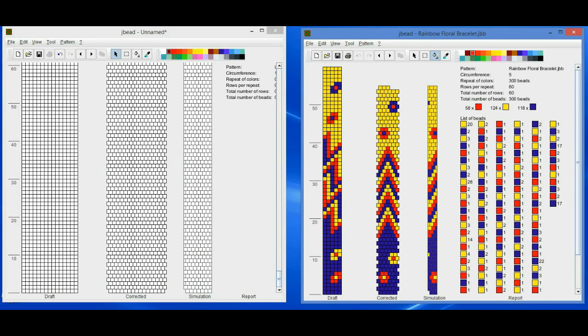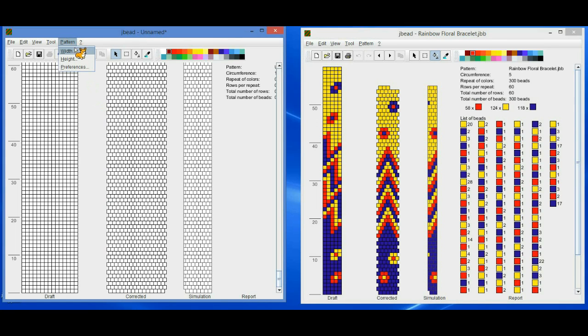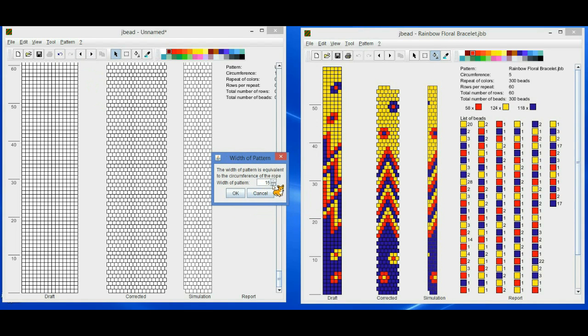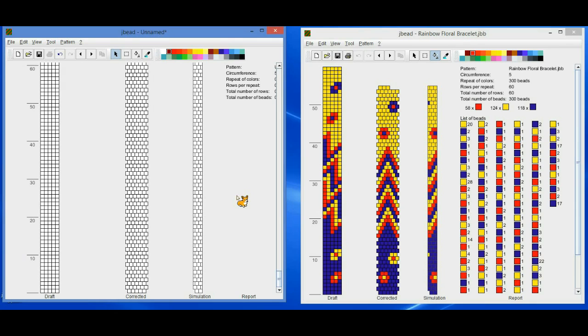I'll set up the new design exactly the same by selecting Pattern, Width, and then enter the number 5 and press OK. Notice how the grafts just became narrower.